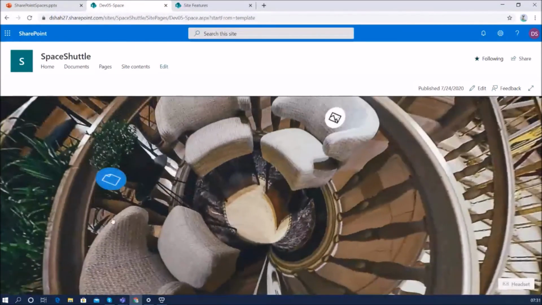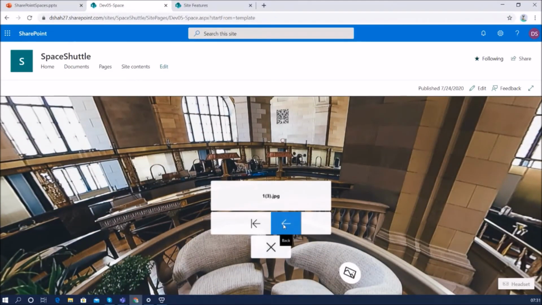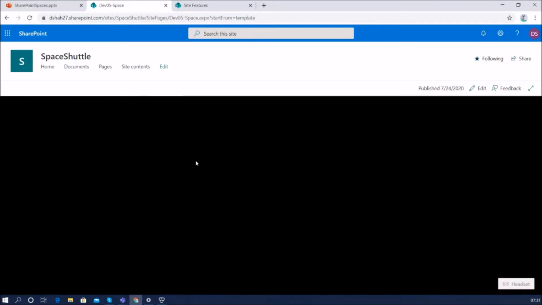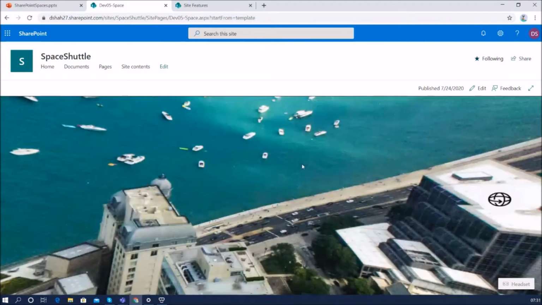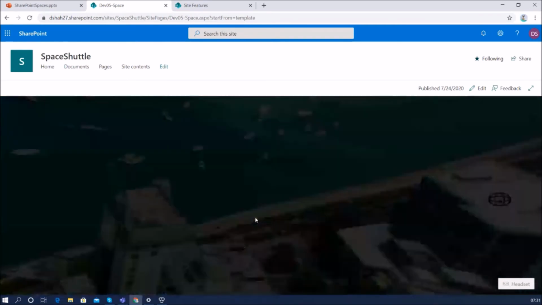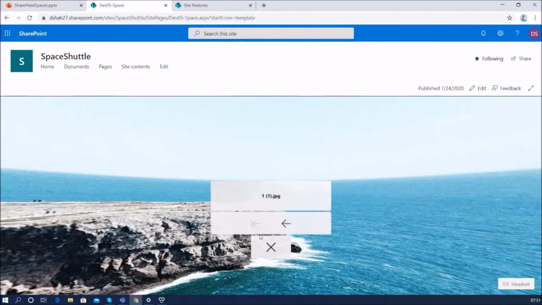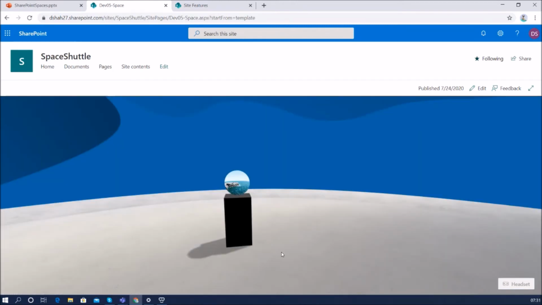And if I want to go back, I just need to click the back option, and we can navigate to the previous page. In the same way, if we want to go to the start of the tour, we can use this option. And if we want to close the tour, we can just click here and close the virtual tour. So the virtual tour web part is really amazing for any organization. Now let me talk about some other web parts.